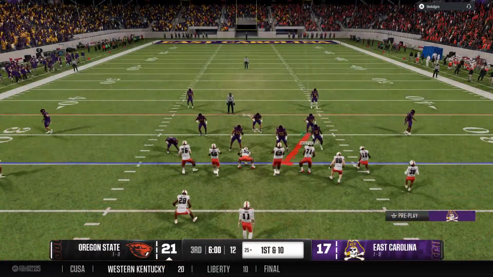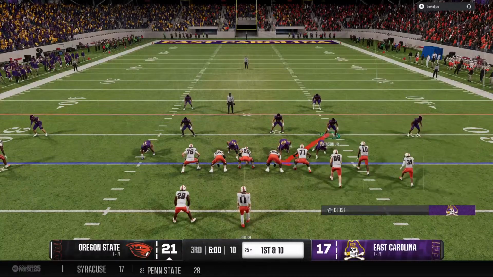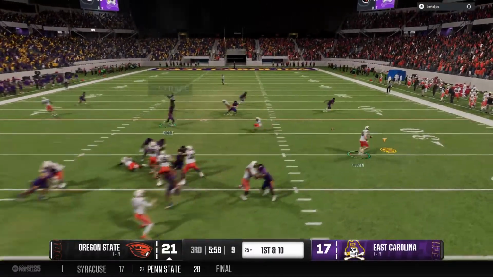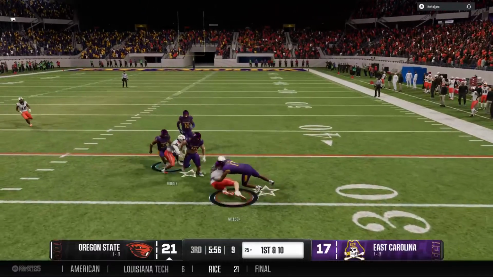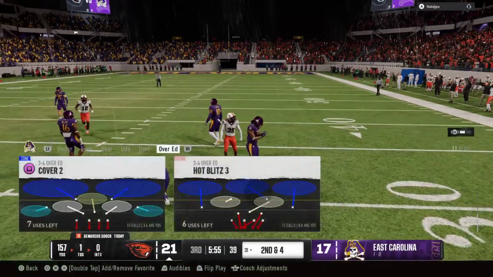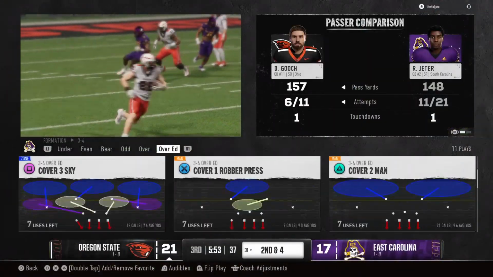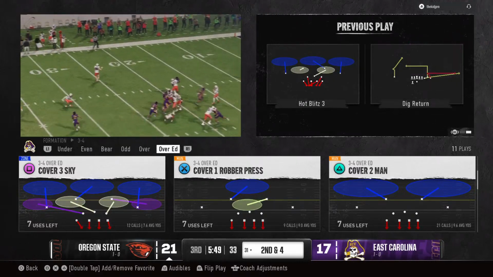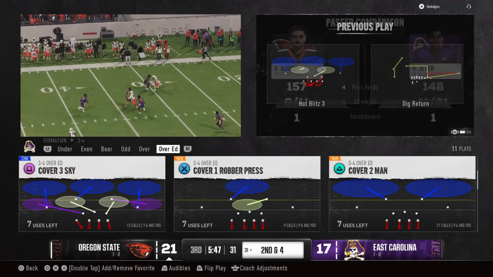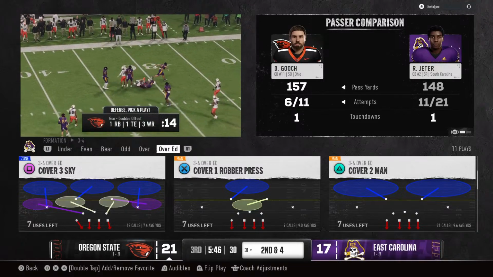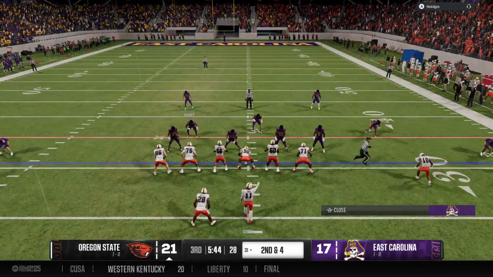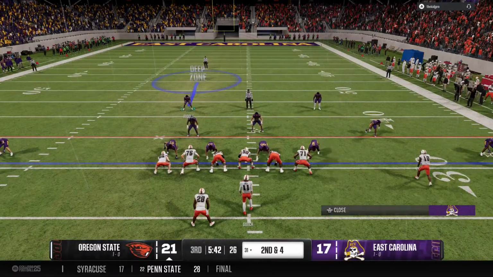Oregon State has it back, and here comes the Beaver offense. They got plenty done through the air in the first half, and we'll see if they even need to look for balance as we start the third quarter. Well, and I think defensively, you understand, the running game isn't a big part of the plan. I wonder how they adjust and play more coverage to this pass-happy offense. Yeah, so you're going to have to be ready if you're a quarterback, then. You're probably going to see some different coverages. You might see a little bit more blitz in the second half as well, so you have to know where your answers are.